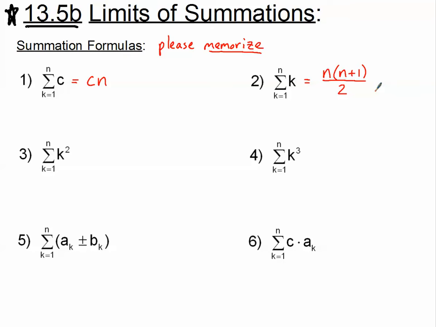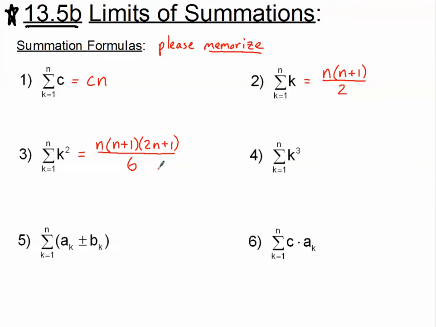Number 3, we're adding up perfect squares. 1 squared plus 2 squared plus 3 squared plus 4 squared, all the way to however many squares we have, will be n times the quantity n plus 1 times the quantity 2n plus 1 all over 6. A little bit more complicated of a formula, but we'll be using that a bunch of times, so you'll get